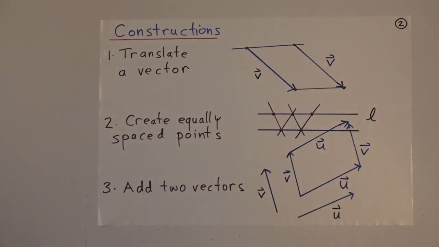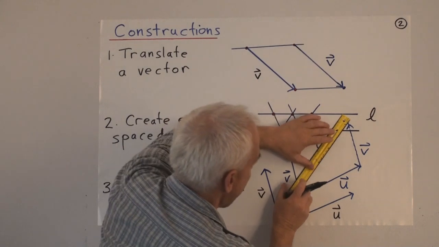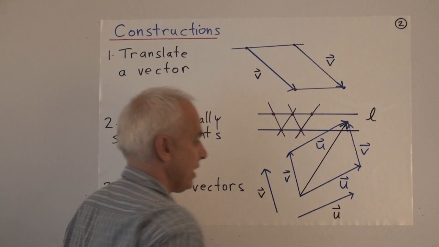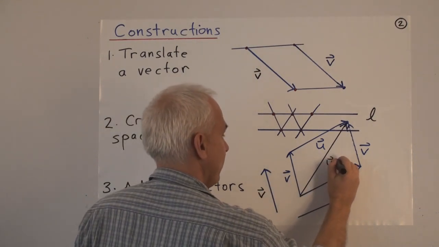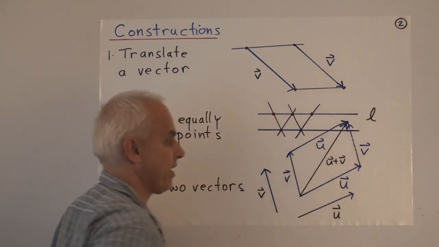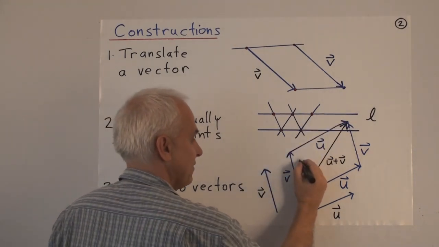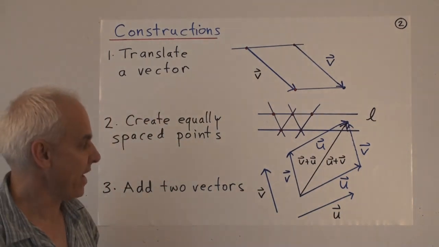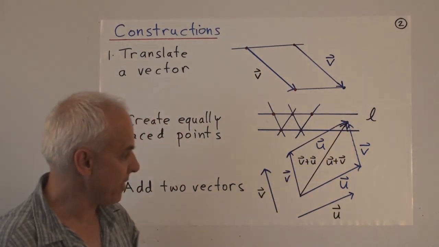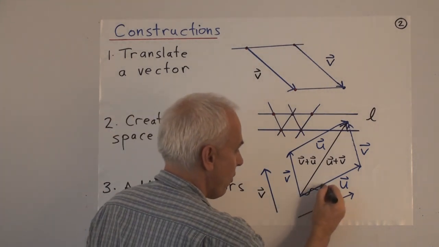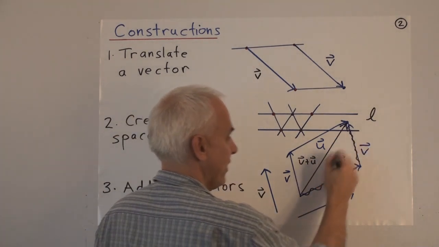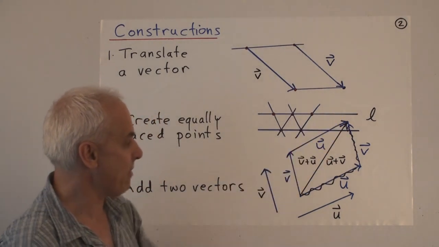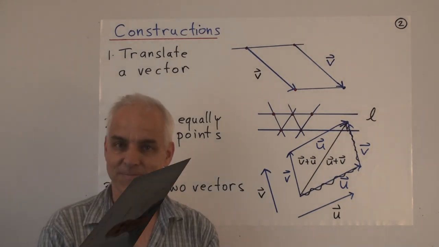And now the diagonal of this parallelogram is u plus v when we've gone this way, and when we've gone this way you can see that it's v plus u. So v plus u and u plus v are the same, and in fact we didn't have to go through the whole parallelogram. We could just go through this side and that would be enough, or we could go this vector followed by this vector. Either way we'd get the sum of the two vectors, u plus v.